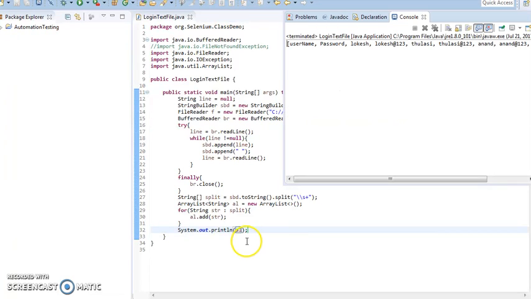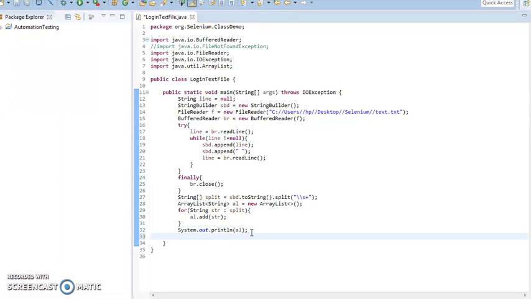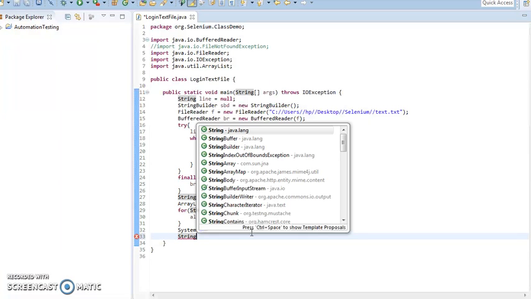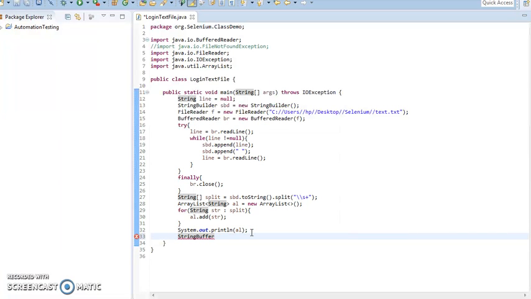See that data, which is coming to the string builder. We are looping that with a for each loop, and the data is given in one row. But we don't want it like this. We want to keep it row by row. For that purpose we are taking the string buffer, which is a thread-safe method. We are using this one to create a string buffer class object, and